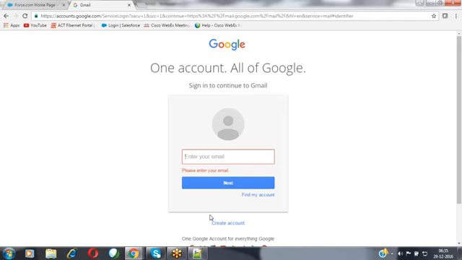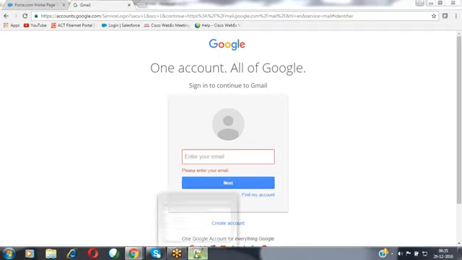Then I will provide the text box to enter the password. First of all, we have to enter that value. There is a condition verifying whether the user has entered some value or not. If the user has entered some value inside this username field, then only it will verify with the database. If nothing is there, then there is no need to compare with the database, so it gives the message to please enter the email ID or username.